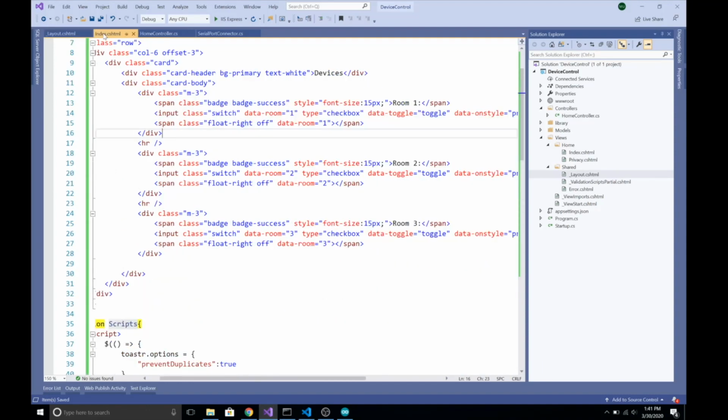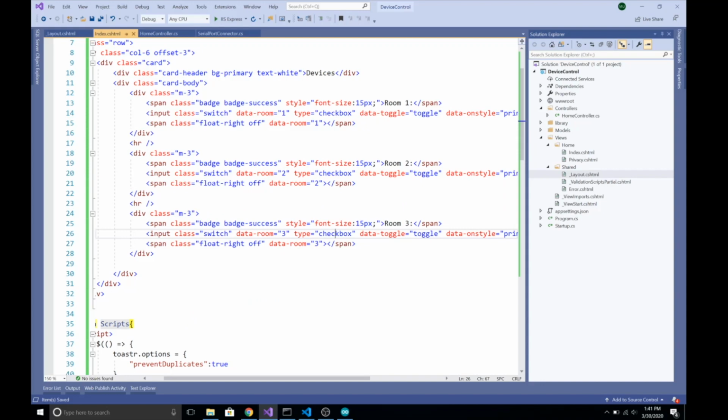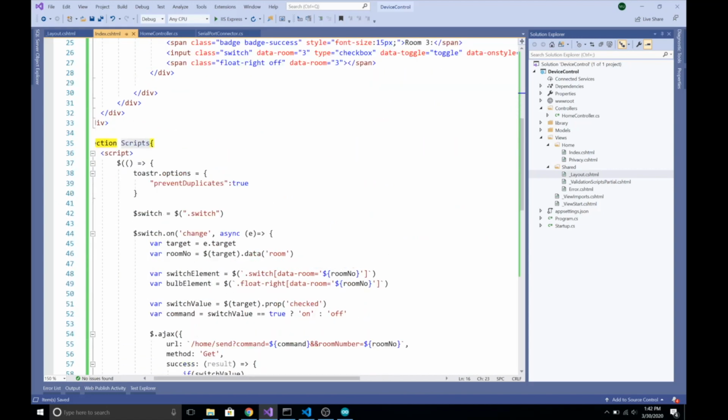And one more thing is in my input checkbox I have given data-room equal to 1, and for this data-room equal to 2 and data-room equal to 3, and for the span as well I have given the same thing here: data-room equal to 1, data-room equal to 2, and data-room equal to 3. And this helps us to identify which button or which checkbox we are clicking. And here I have written